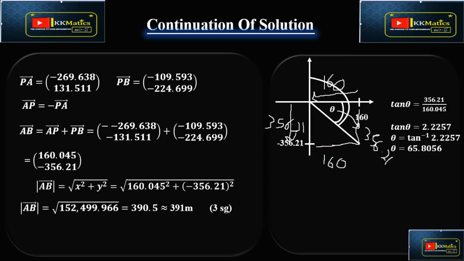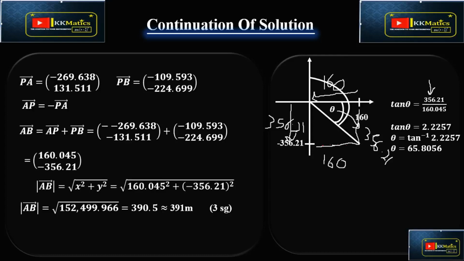So with this, we know theta here is facing this side, so that's opposite of that. If you're using tan, which is the trig ratio, tan means opposite over what? Adjacent. So our opposite here is 356.21, and our adjacent here is 160. That's the reason why we have this there, as you can see on your screen. Then we make theta the subject, find the tan inverse, punch this on your calculator, and we end up with our theta being